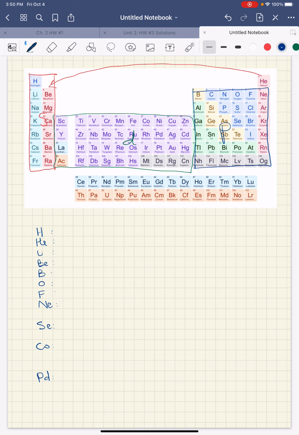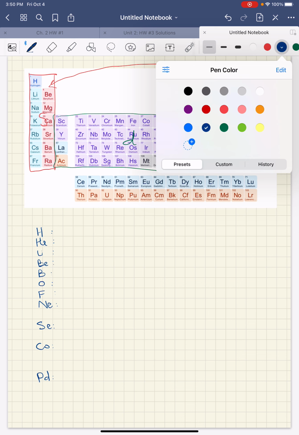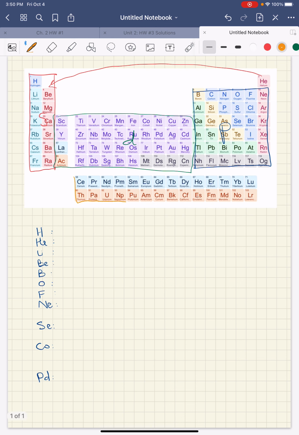And then the series that were brought down, I'll use orange down here. This corresponds to this F sublevel. So S, P, D, and F. Remember, S is only able to hold 2 electrons, and I'll make a note of this over here. So S can hold 2 electrons, P can hold a total of 6, D can hold 10, and F can